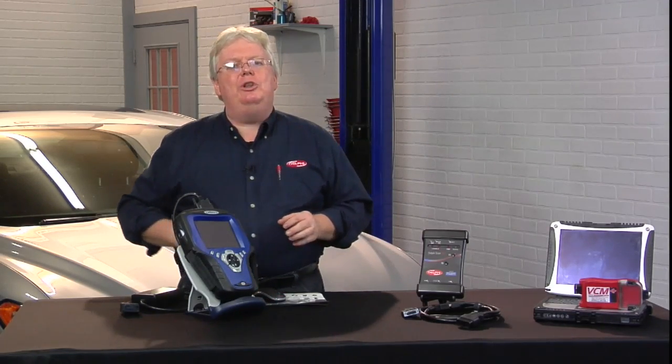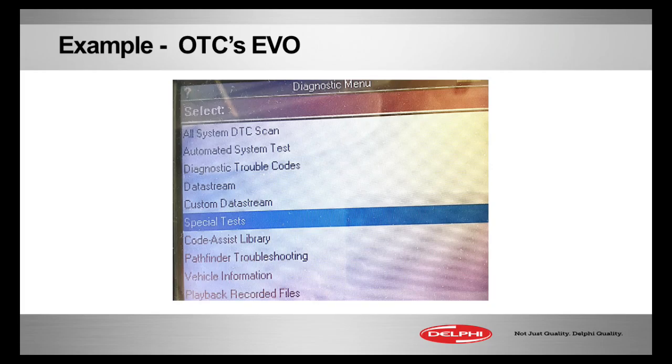Let's go ahead and give you a little pathing through this aftermarket, I'll call it near factory level scan tool. We're seeing a little screen capture, actually a little photograph of where you find mode 6. It's going to vary from scanner to scanner. You have to find out how it does it, but it's somewhere something like this. You go into, preferably,